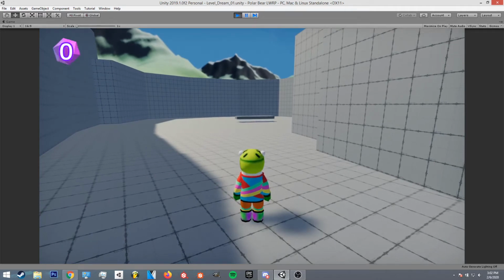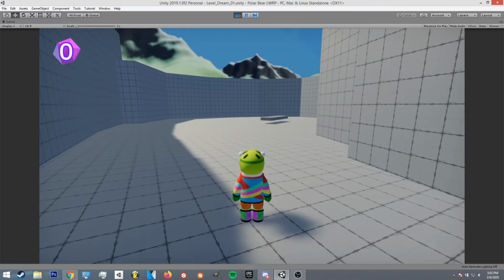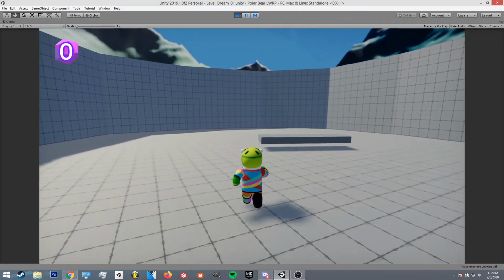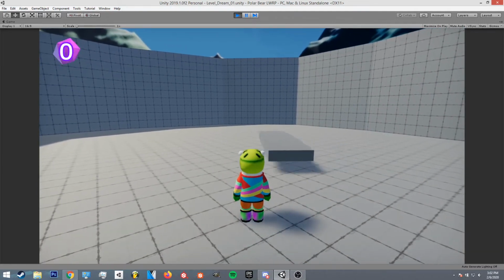I ended up fixing it by uninstalling Pro Builder and reinstalling it. I don't know if that was the solution, but after that it stopped crashing. And so that happened. And then on Tuesday,